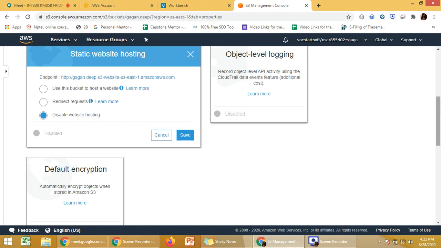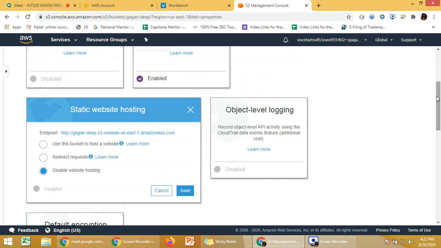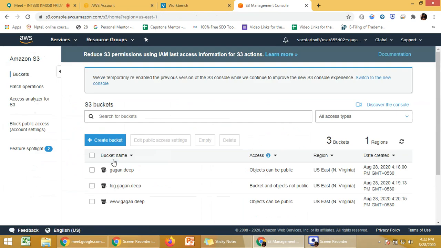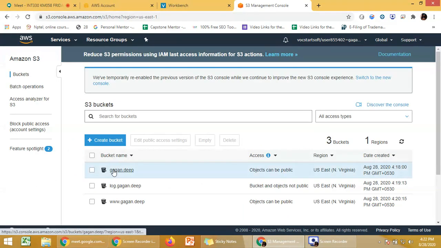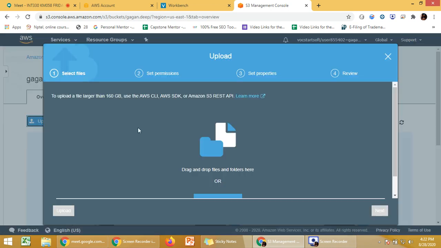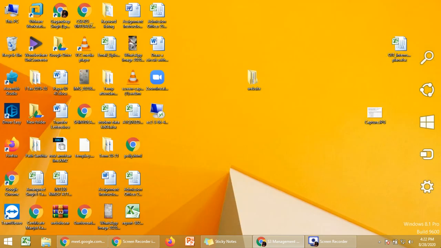Now it is possible to start this right now, but there is a small problem in it. Now what is that small problem? We will not be able to access the bucket because we haven't stored anything in it. So we need to store the data or objects in this first, then we will be able to share it. So what we need to do is click on upload and then just drop the file which you want to store.